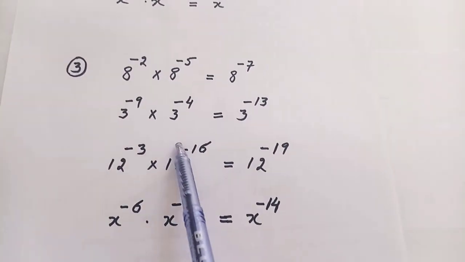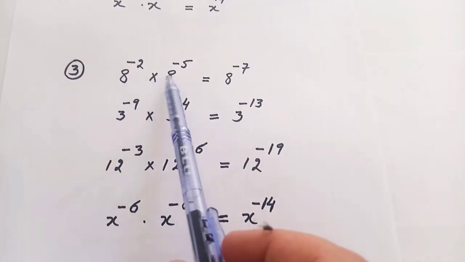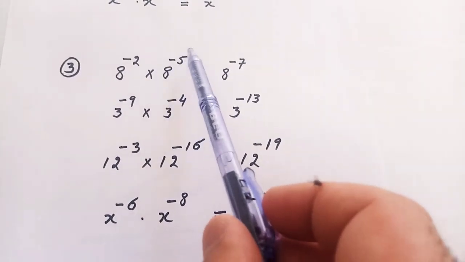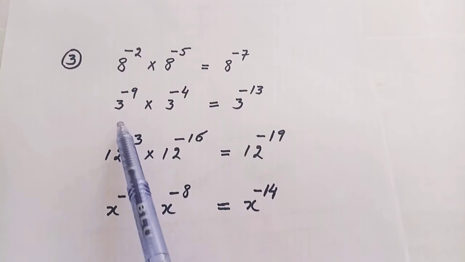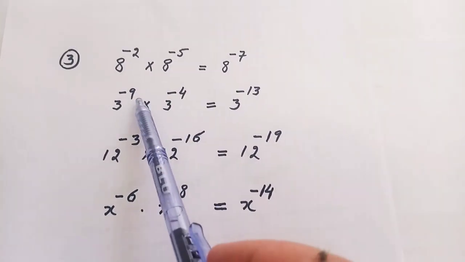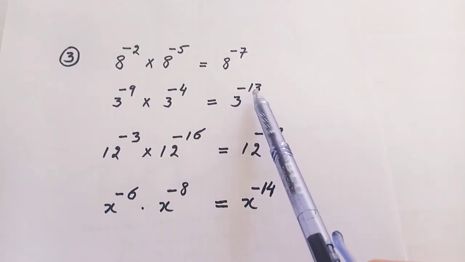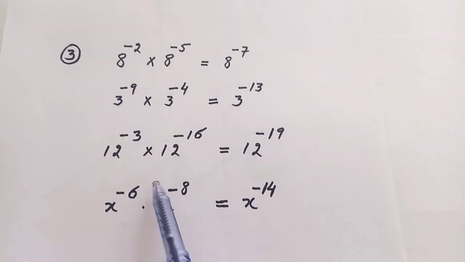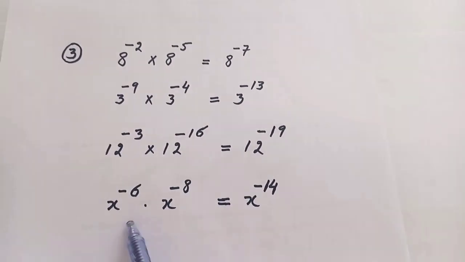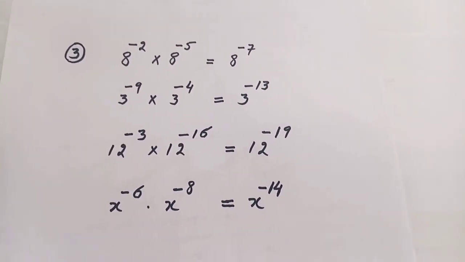अब यहाँ भी वही चीज़ है कि बेस जब सेम है, यहाँ 8 बेस है, इधर भी तो पावर ऐड होंगी, -2 और -5, -7। यहाँ बेस सेम है 3, 3, पावर ऐड होंगी -9 -4, -13। इसी तरह यहाँ भी बेस सेम है 12, यहाँ भी तो पावर ऐड हो जाएंगी।